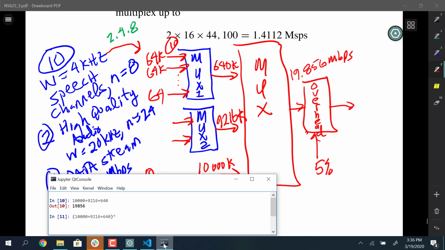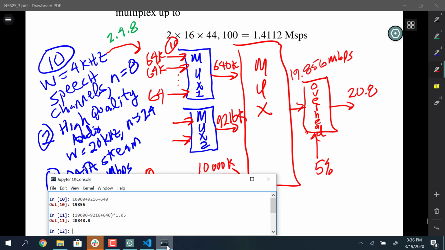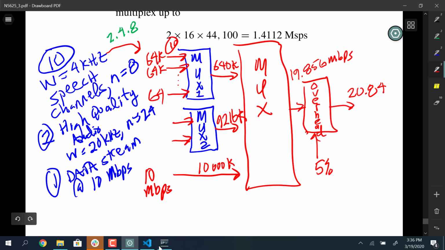So I'm going to multiply that times 1.05, so I get that 5% in there. And now I'm up to 20.848, rounded up to 9. So that just gives you an idea of how a digital multiplexing scheme could be put together for some particular